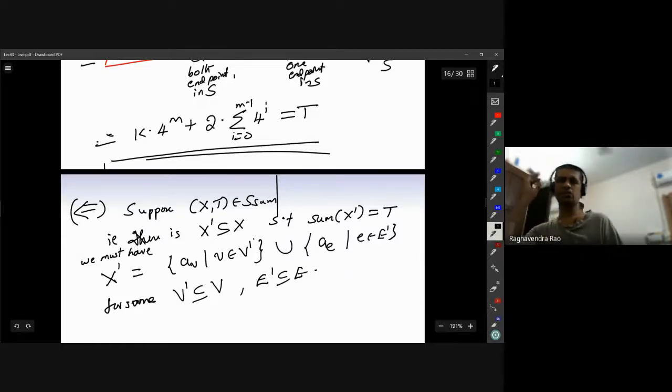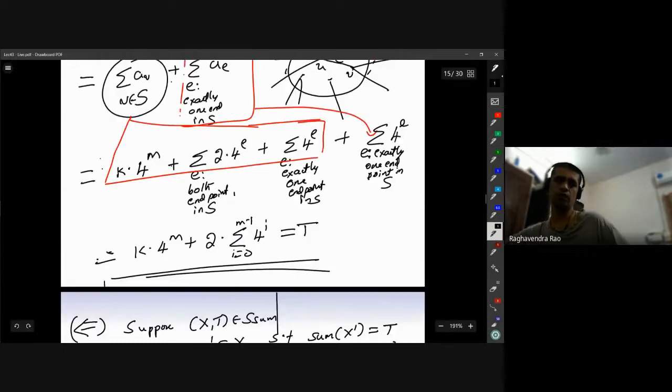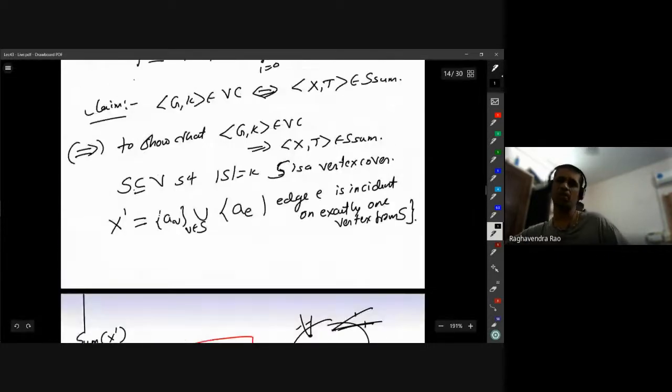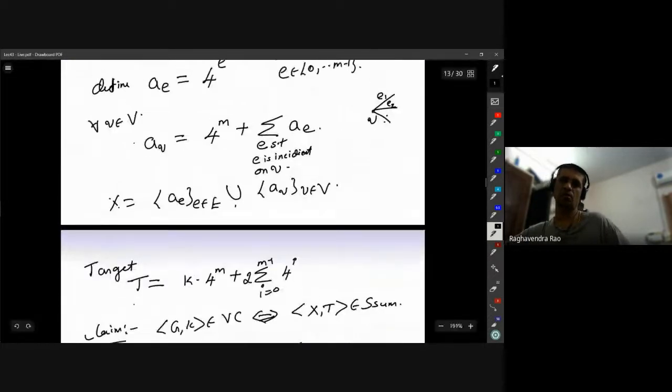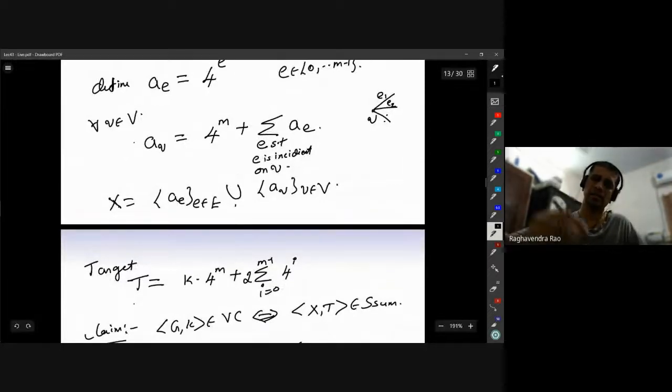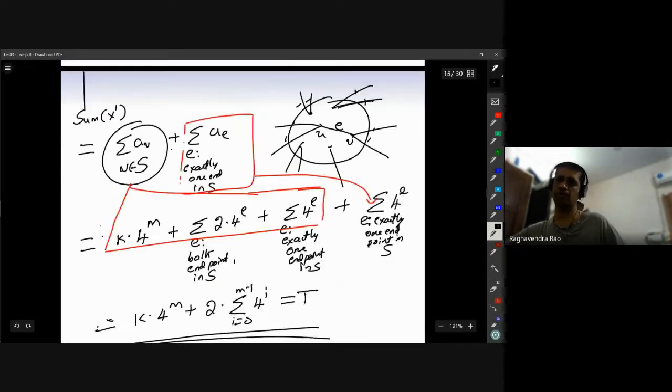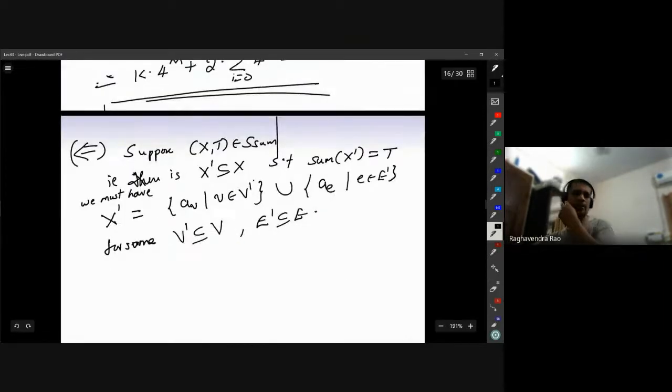X is such a set. So if you take any subset, that is how it should be. You would have chosen some AVs and some AEs. That is what our X is, right? X is defined to be this. So you would have taken some subset of this, some subset of this. So now the sum of X, so T is equal to